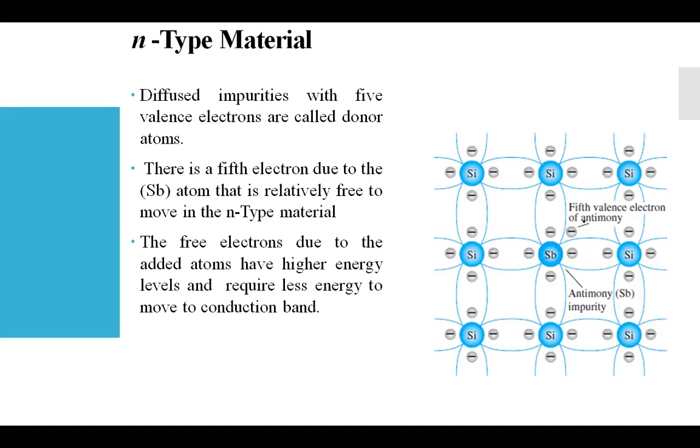So this fifth electron is now freely moving into the n type of the material, and the free electron we have right now is added to atoms having the higher energy level, and that will require less energy for the conduction band. So already you have the 4 electron band or the covalent band structure over here. Only one free electron is going to be traveling into the n type of the material, that is going to be represented over here. That is shown by this diagram also.